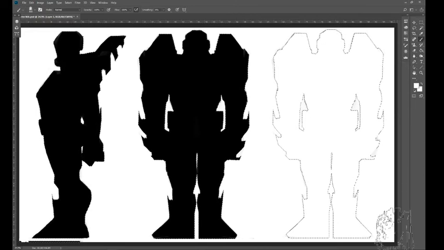I wonder if there's a way to create a black line easier, but it doesn't matter.